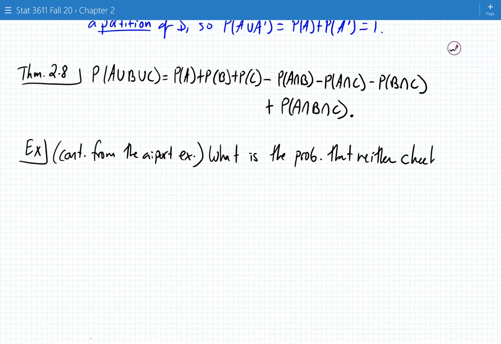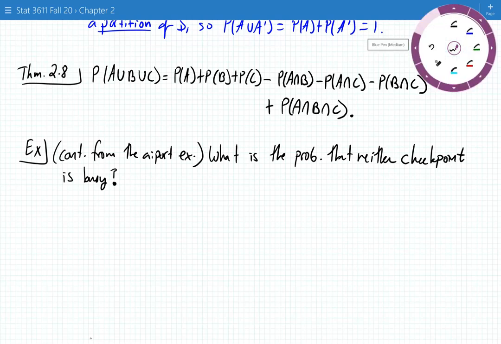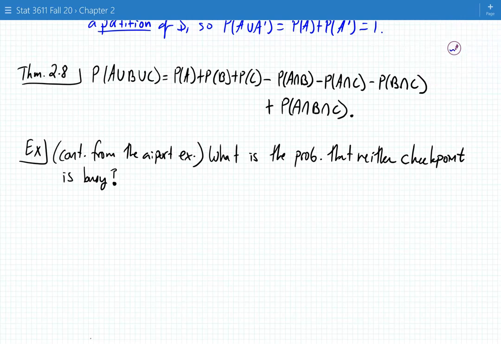Neither checkpoint is busy. What is the probability that neither checkpoint is busy? Let's think about that. What is that? Probably that neither checkpoint is busy. So that would be the probability then that we have